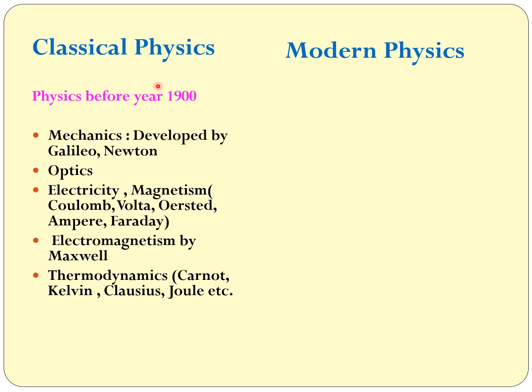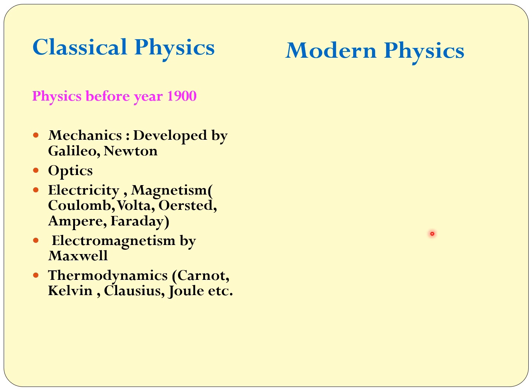So we will discuss the physics before the year 1900. At that time mechanics was fully developed, by Galileo and Newton and other scientists. Optics were also known, and electricity and magnetism were also developed by Coulomb, Oersted, Ampere, Faraday. And electricity and magnetism were correlated by Maxwell, giving electromagnetism. And thermodynamics was also well developed by Carnot, Kelvin, Clausius, Joule, etc. So at that time these branches of physics were well established, and they were explaining most of the phenomena in nature